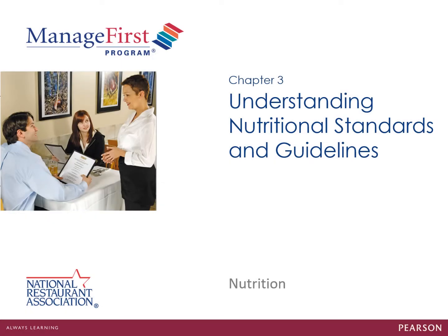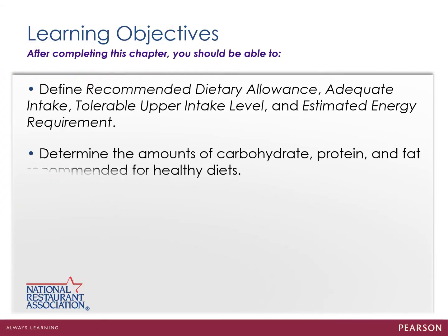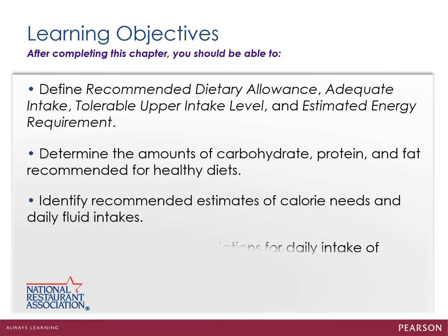Welcome to Chapter 3 in our textbook, titled Understanding Nutritional Standards and Guidelines. After completing this chapter, you will be able to define recommended dietary allowance, adequate intake, tolerable upper intake level, and